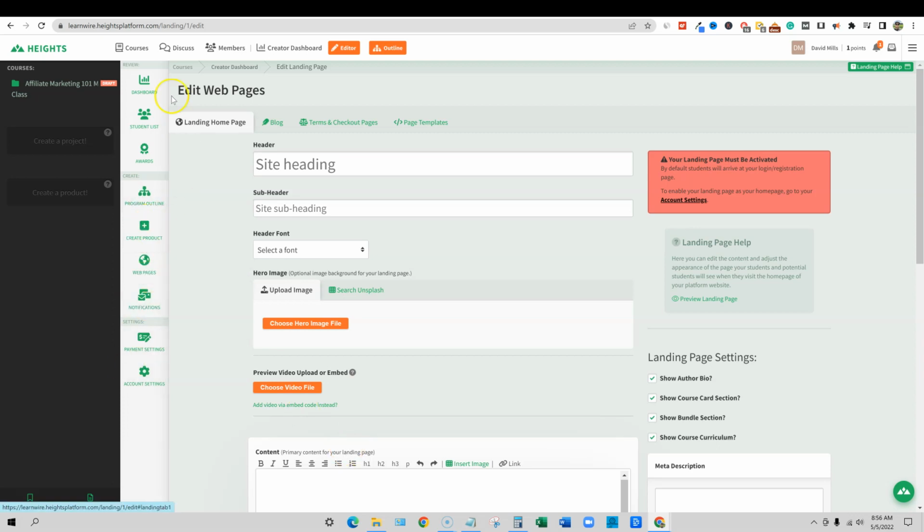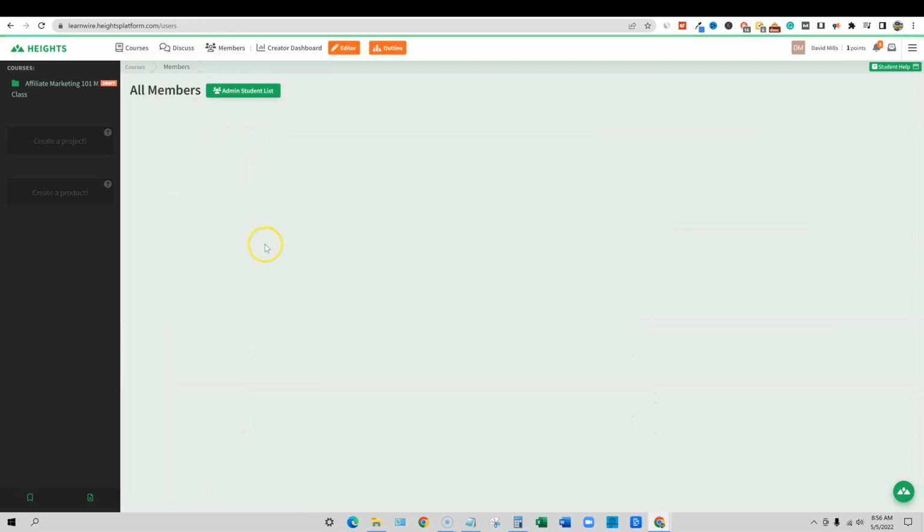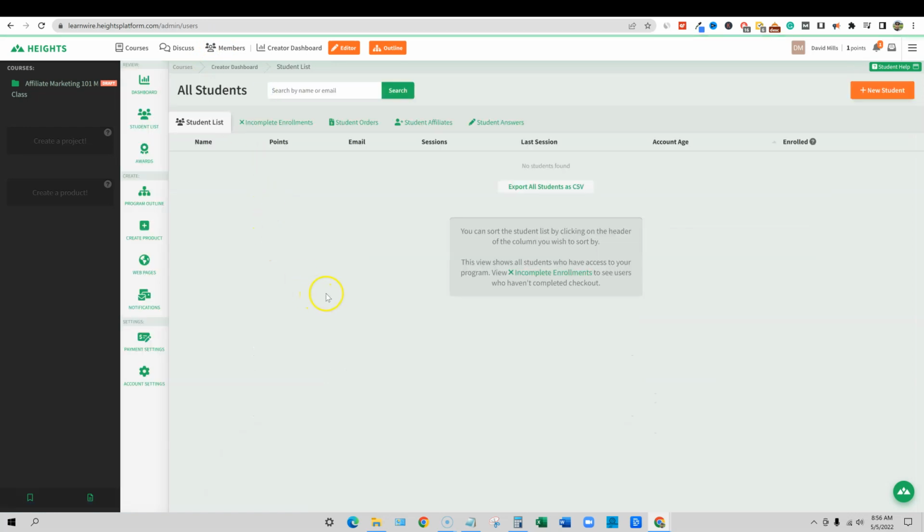You can create your new product right here. And I wanted to see where your student list, that button right there, I think is the same thing. Yep, that's the student list. So there's just a couple of different ways to get to things, the top or right here. But I wanted to see how you send messages to students.